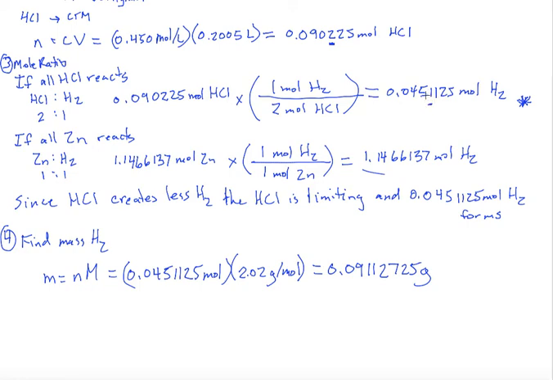But thinking about our calculation and what we've done here, we were carrying 3 significant digits from the HCl measurements, right? So 3 significant digits came from moles of HCl. That's how many should be in our moles of H2. So we've got 3 significant digits here. We've got 3 significant digits here. My answer has to have 3 significant digits. So therefore, the mass of H2 produced is 0.0911 grams, right? And that's how we can solve a limiting reactant type problem